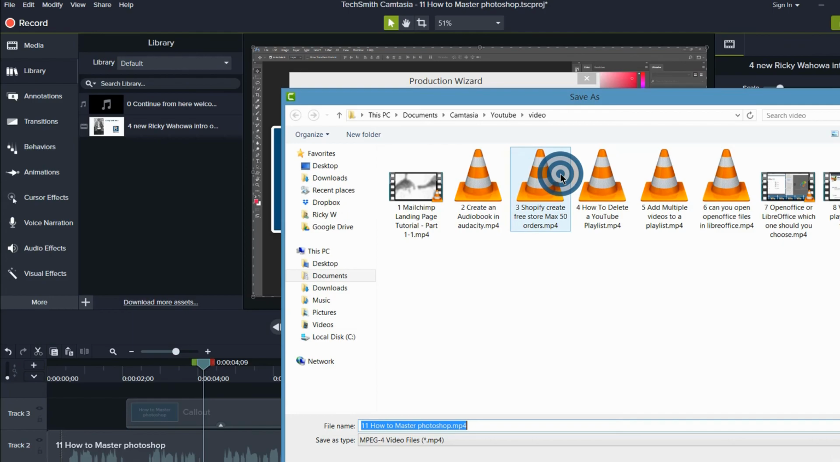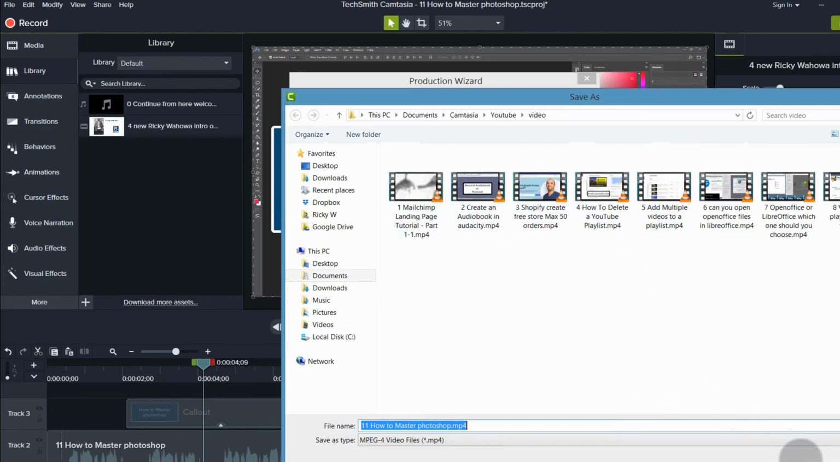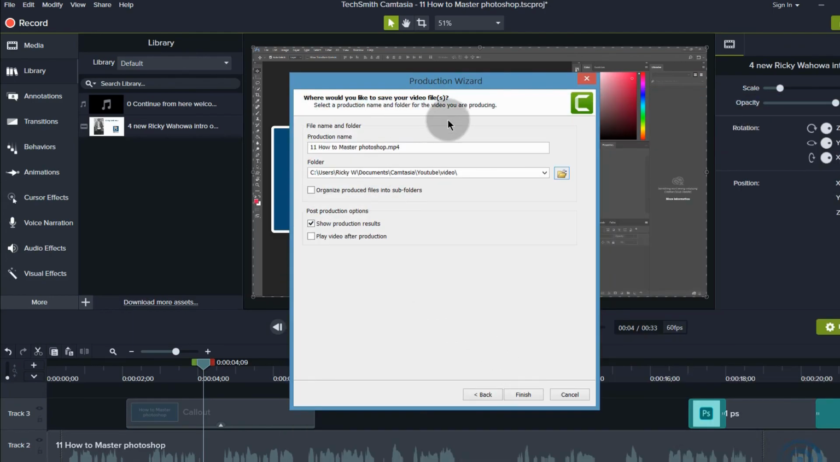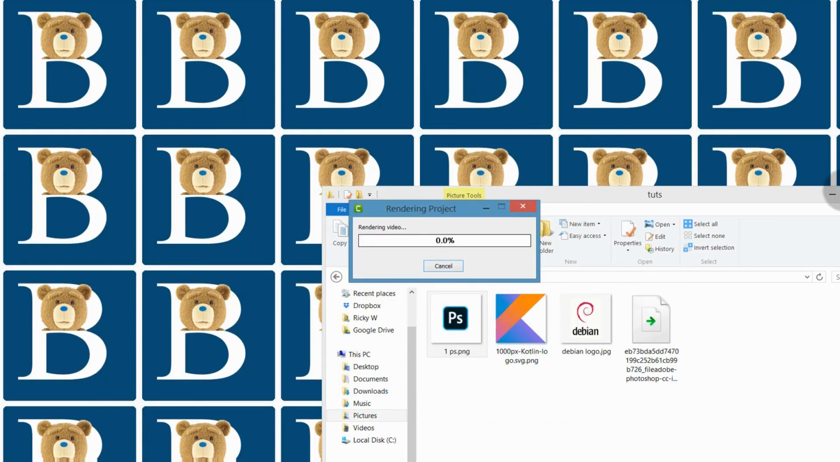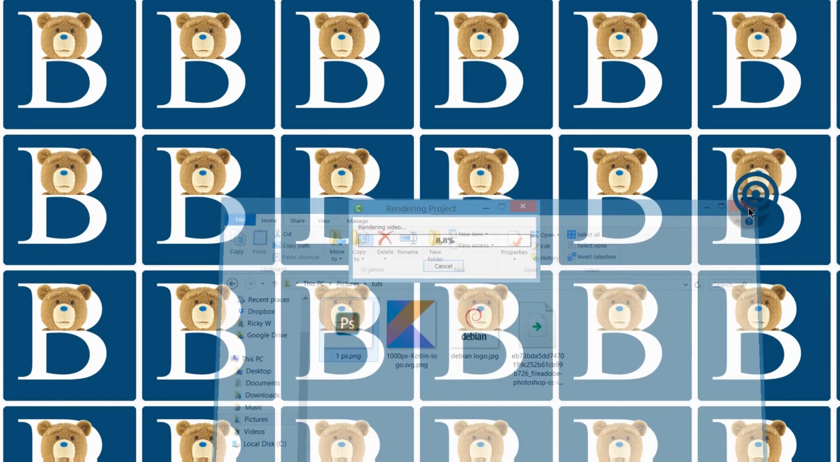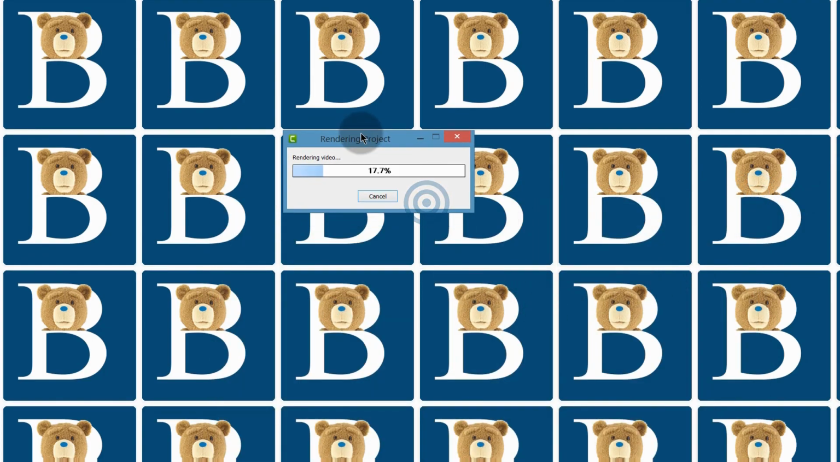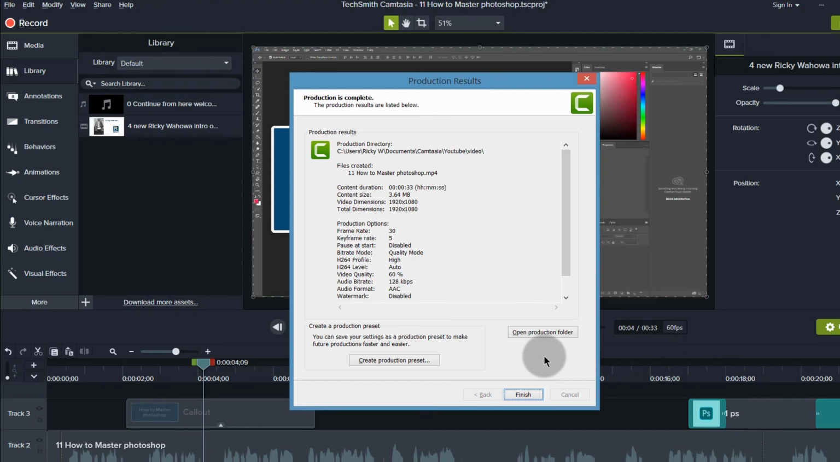choose where you want the image to be, and I'll click finish, and the video is going to get exported. And once it's exported, you can upload it, share it, or do whatever you want to do with your video. And once it's done exporting, you can open the video,